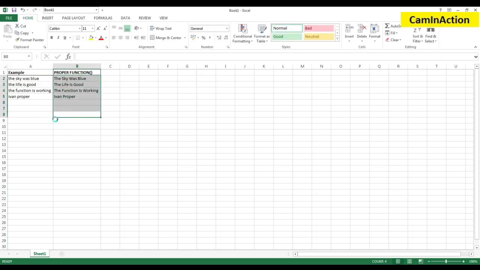I have already prepared an example sheet, and as you can see, I have added some text and a name at the bottom. What does the PROPER function actually do? As you can see here, in each line with text, all words start with small letters. What the PROPER function does is change the first letter of each word from small letters